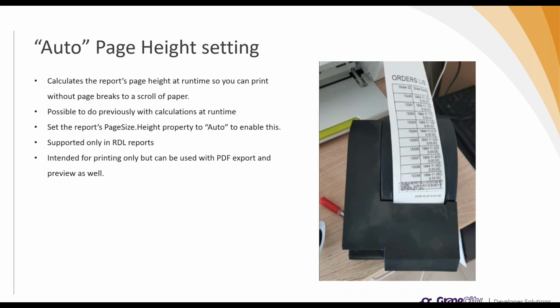With that said, we're going to continue to our next feature that we included in this release, and this is the auto page height setting. So if you imagine you wanted to print a receipt, like in this image here, on a scroll of paper, it was possible to do that before with RDL reports specifically. You required some calculations. The page height needed to be calculated at runtime, essentially. So it's definitely possible, just required some calculations. But now we've created the auto setting